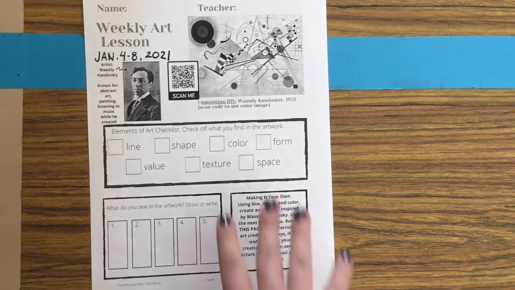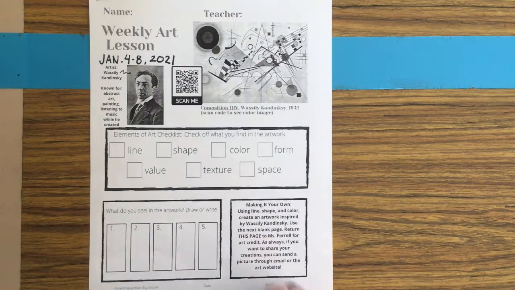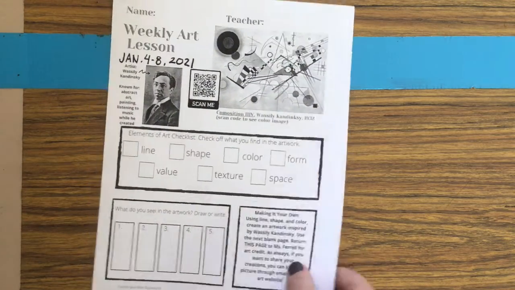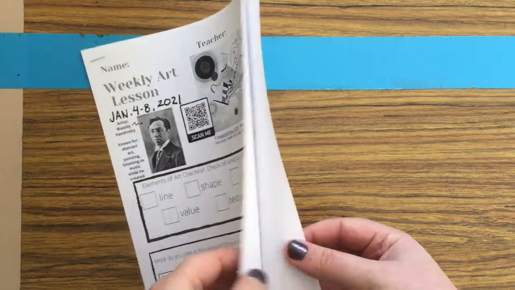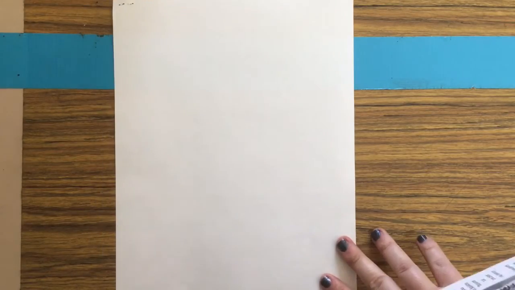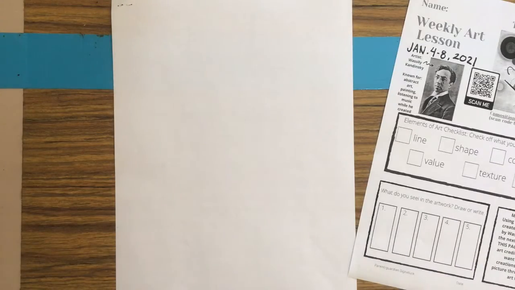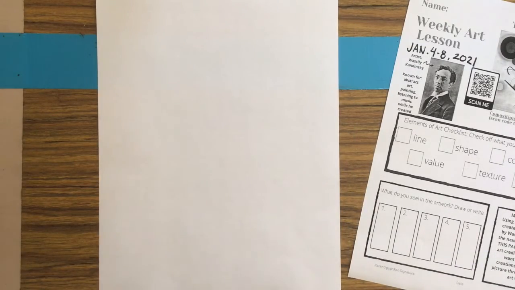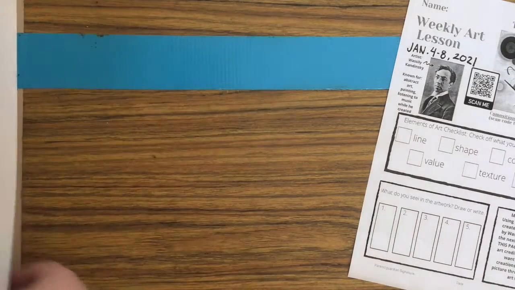This is where we take the ideas that we see in the artwork. We take the ideas that we liked, and we will use the blank page to make our own artwork. These might be stapled together in your packet. You can separate them if you'd like. You have all this space to make an artwork for you. And when you are done,